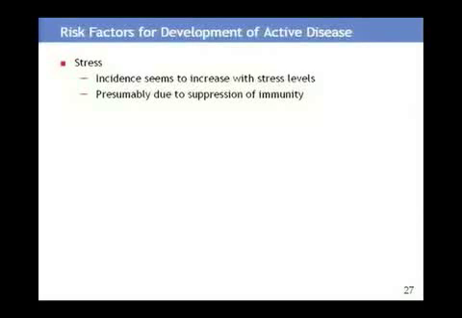We know that their TB is not TB that they have picked up here in the United States, but is TB that they acquired while they were in their original home country, and that is because we know this from genotyping their strains of tuberculosis and seeing that they do not match other people's strains that are here in the U.S. Now, the reason stress increases the risk of active disease is likely due to the suppression of immunity. Stress can have a very significant impact on reducing your immunity.